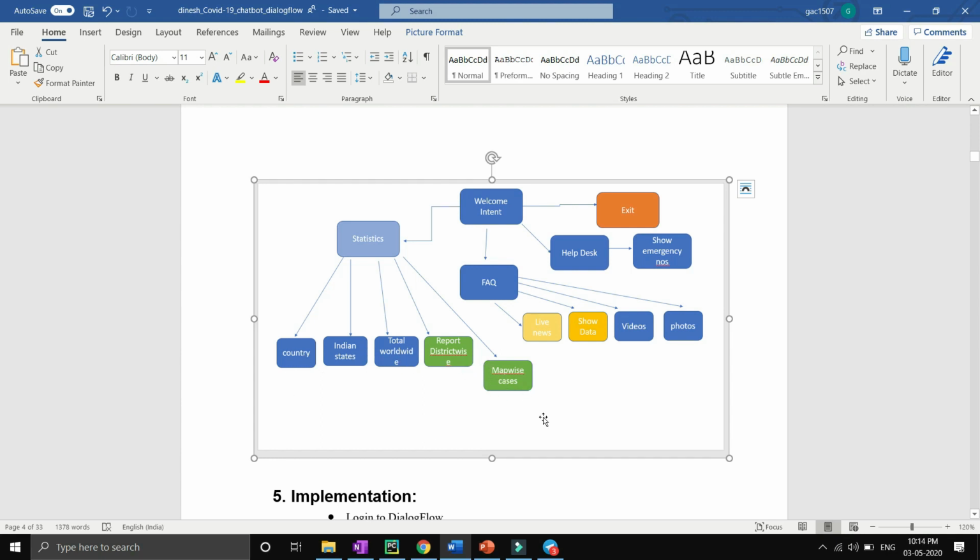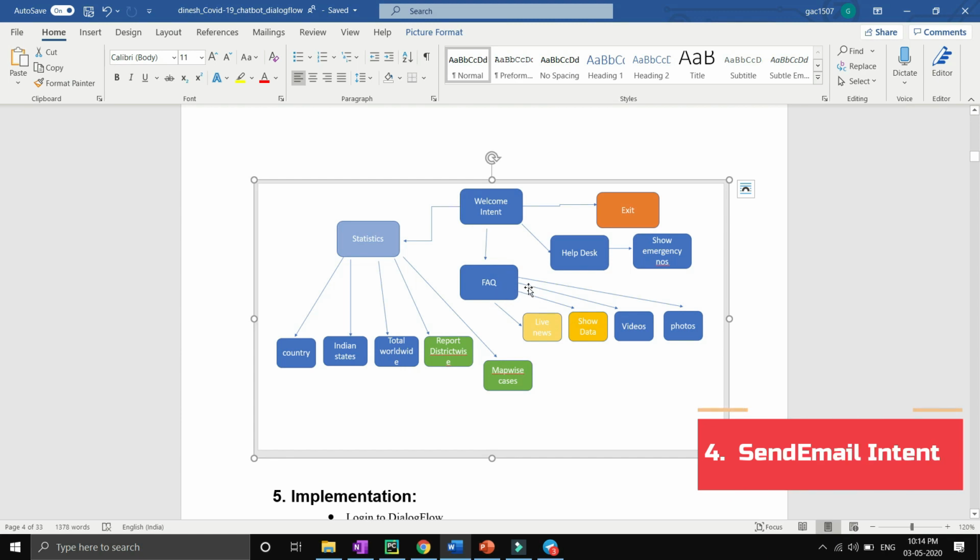In the real-world IT industry, it is very important to create an intent flow diagram because it is very helpful for developing the chatbot or managing the chatbot in future. So let's discuss the welcome intent first. One more important thing I want to mention is that I will be discussing 3 intents here: the welcome intent, the country intent, and the FAQ intent.